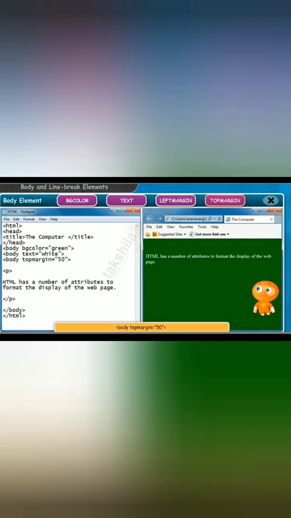Now the next attribute is topmargin. If we want a space in our document, we type topmargin is 50. Okay, so HTML has a number of attributes to format the display of the web page. If we want any change in the document or any formatting in the HTML, with the help of attributes we can easily change it.